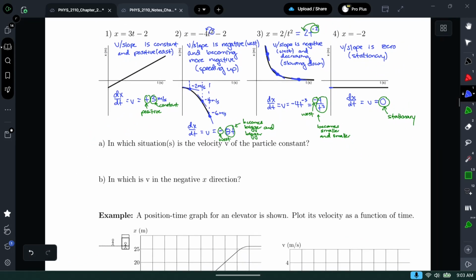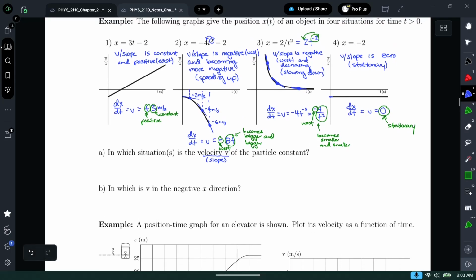All right, and so these questions are pretty easy now that we've done this. In which situation is the velocity, or in other words, the slope, constant? The fourth one? The fourth one, and